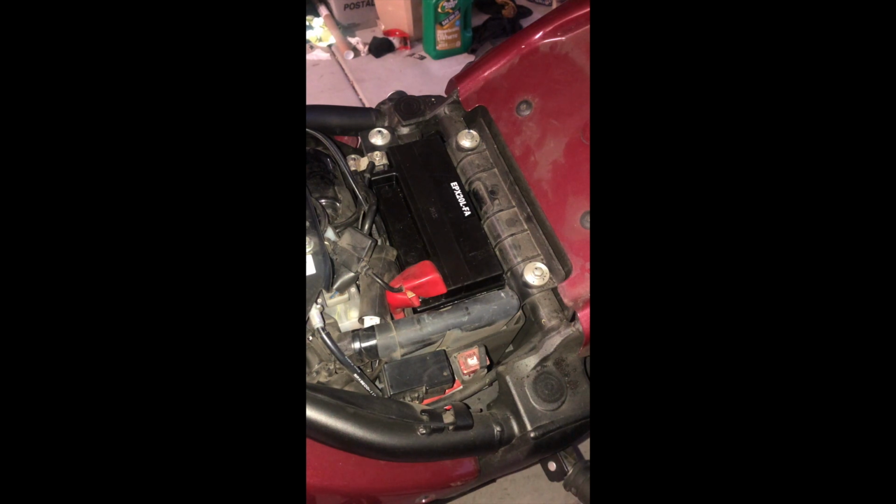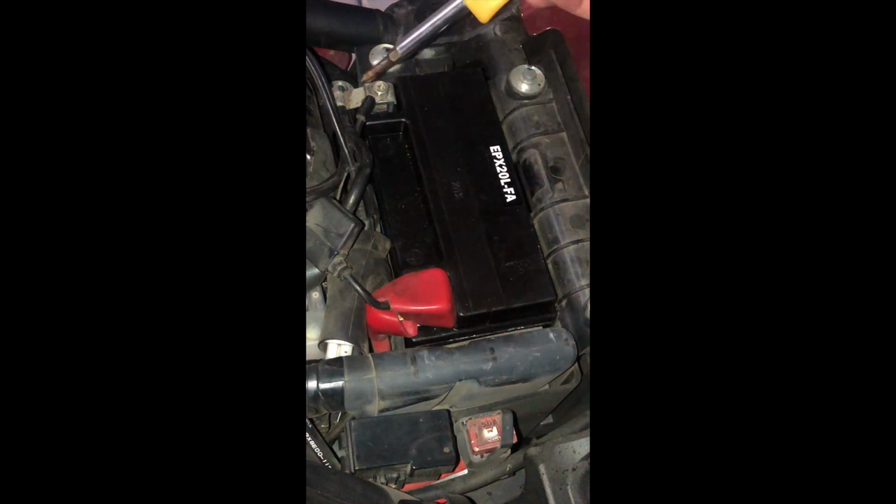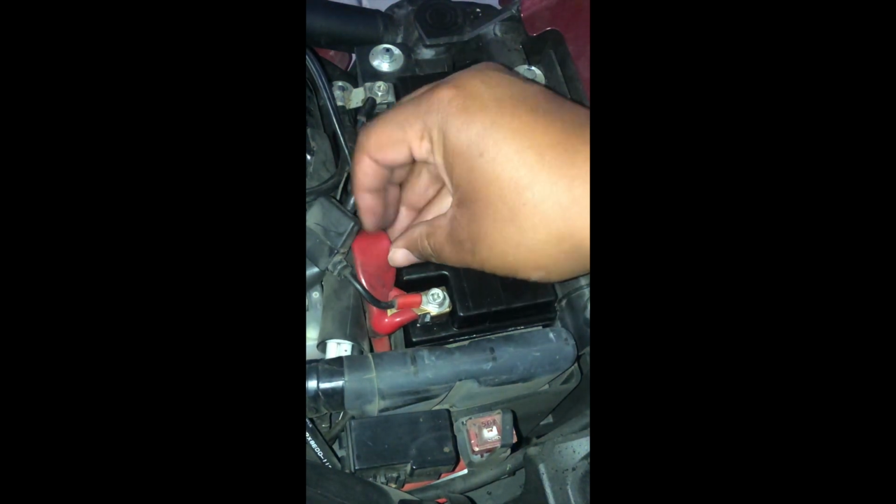And there you go. First step is we do see the battery. So now the next step is we do see that we have a red part, which is our positive connection, and our black part, which is our negative connection. You will see as we take this red part off right here, the little rubber part that protects itself